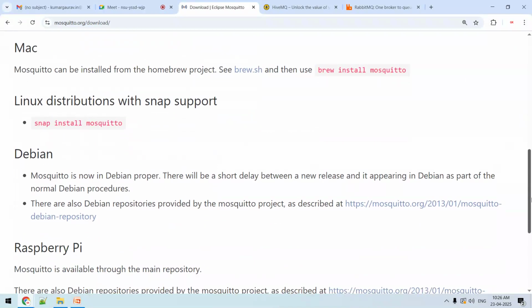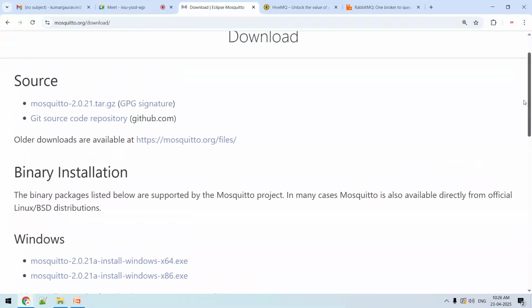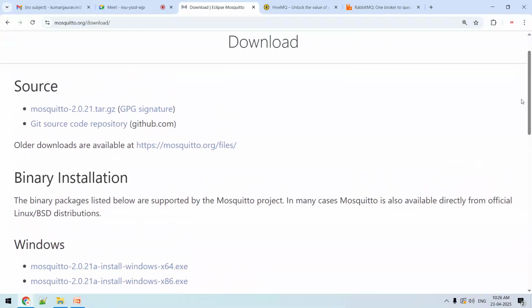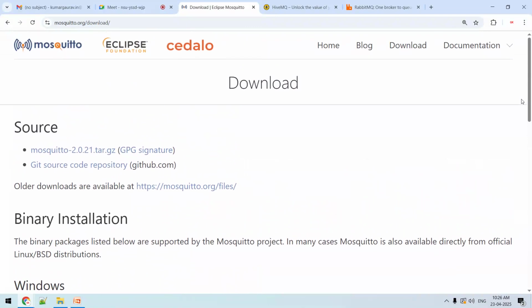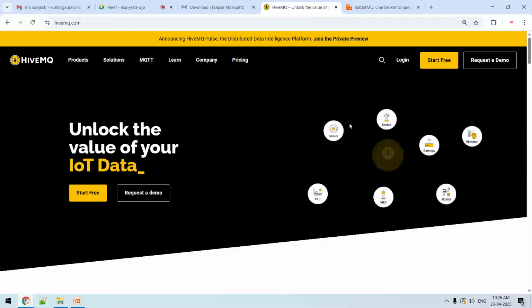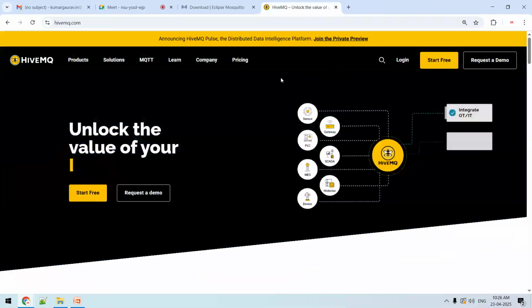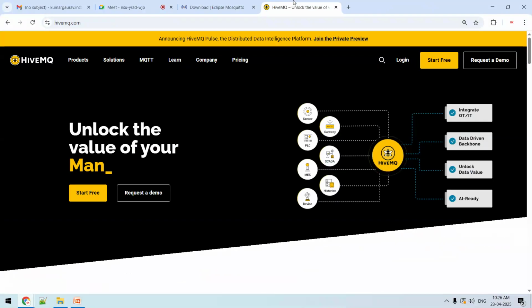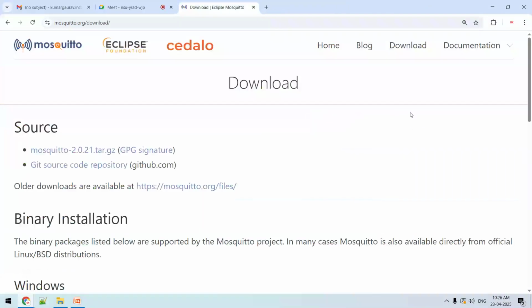In the same way, if you are installing it on a Raspberry Pi, that particular Raspberry Pi will be able to control or monitor different devices which are attached to that specific system. Okay, in the same way, for example, I'm using RabbitMQ or HiveMQ, all of these are completely free. If you have downloaded and installed RabbitMQ on your laptop, your laptop or system will become a message broker, a communication broker,